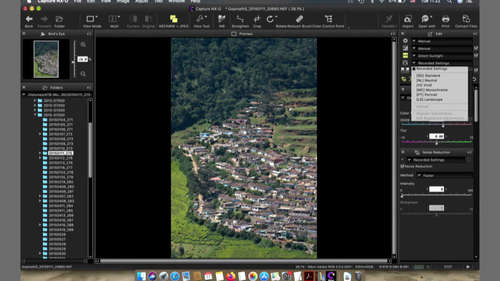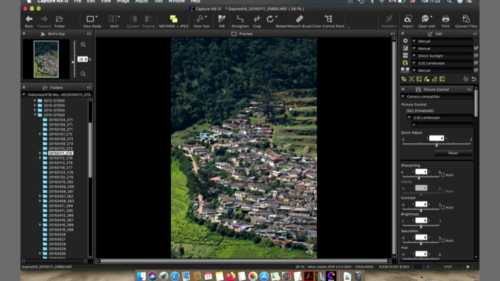So, in this case I am going to use a preset which is called landscape. Why landscape? Because the photograph I had taken is in fact of a landscape, and landscape presets are somewhat tuned to give a better presentation of such pictures. So, let us apply it and see what happens. So, I am going to apply the landscape preset, and that is done.